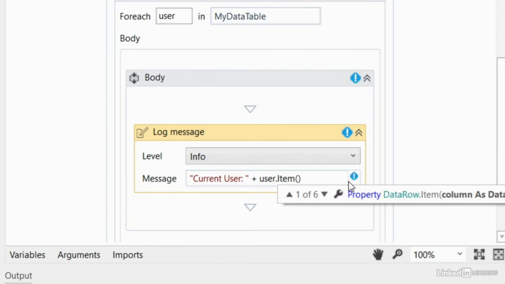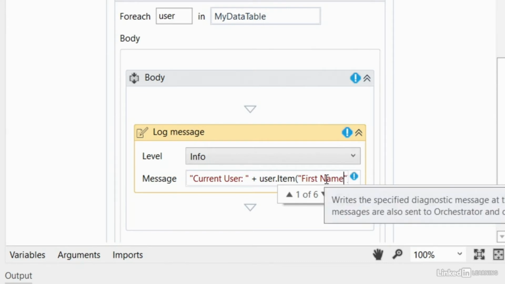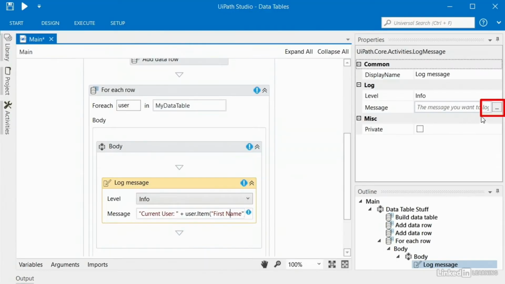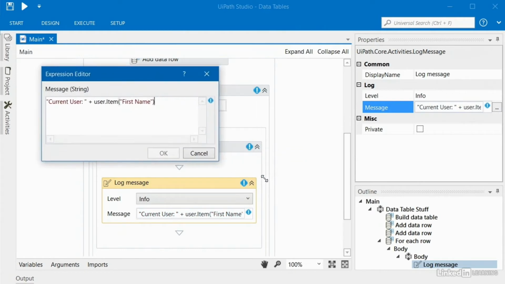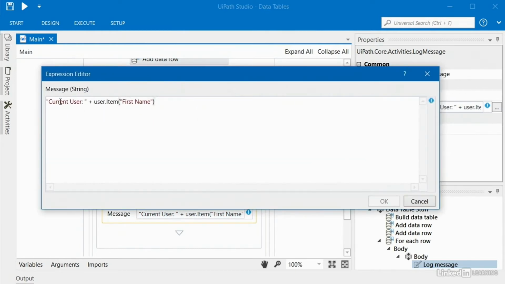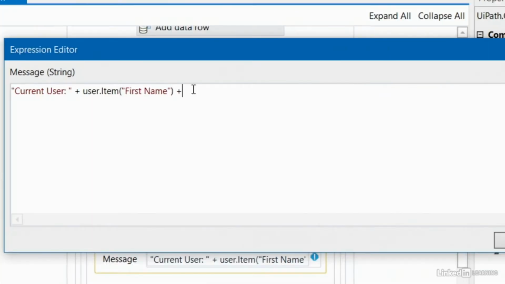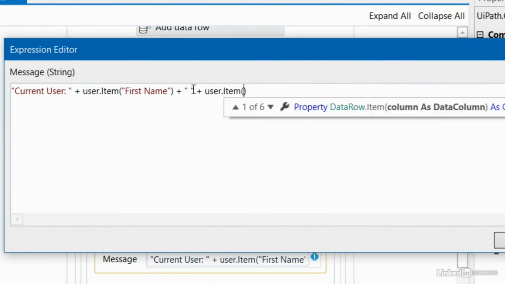And since when we built our data table, we utilized header names for our columns, I can open up some double quotes and type in first name, exactly the way I spelled it when we were building the data table. Since this is going to get long, I'll jump over here to the message and click on these three dots so we can see it better. So I'm concatenating the user's first name to this string. Now I'll use another plus, open my quotes, and put in a space that's going to be between the first name and the last name. One more plus. Now I'll type in user again, dot, Item, same as before,